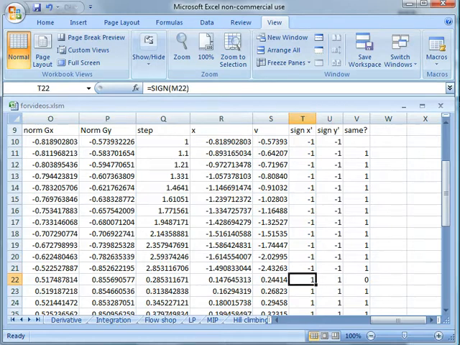That means basically the gradient is suggesting to go in the opposite direction. And since we were coming from there, it means that we exceeded the point from where we should be going